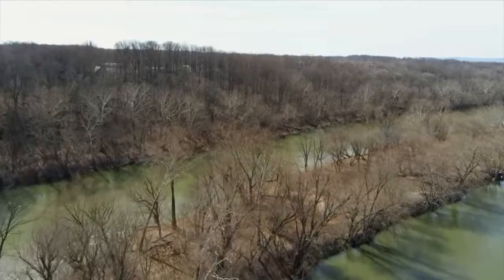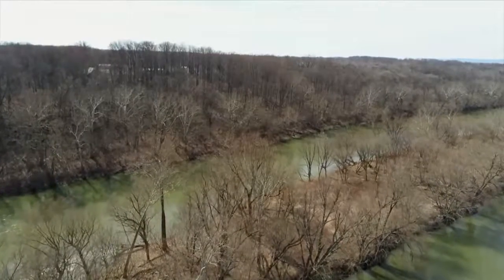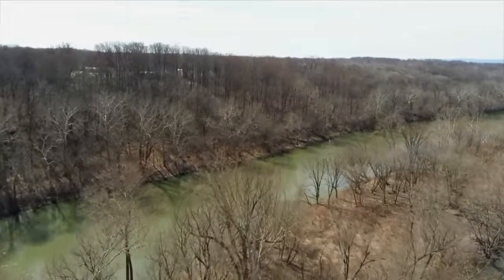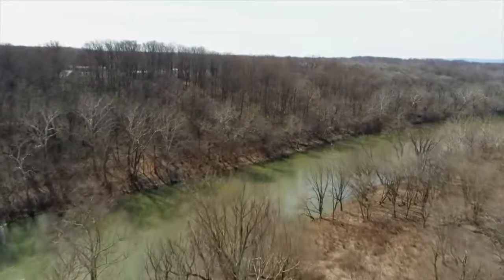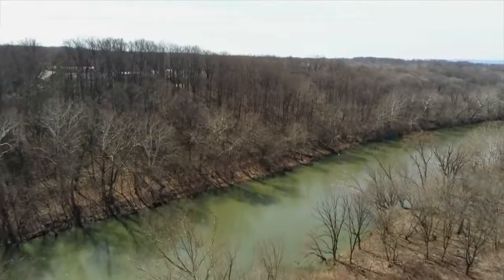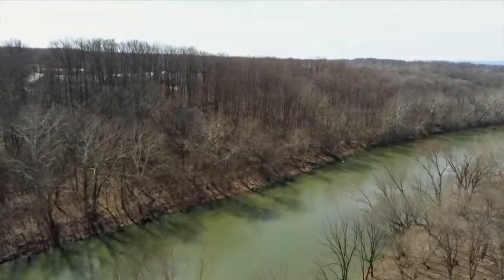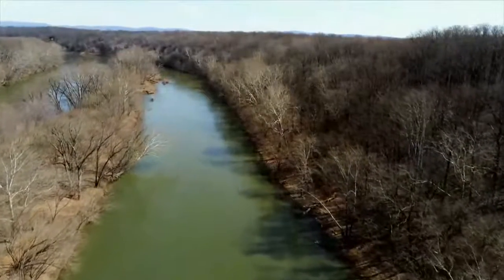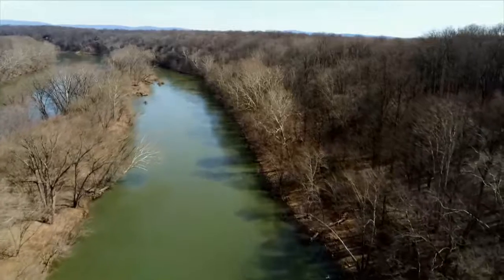This is a brand new video, and you can see how the island divides the river here. And this is one of the favorite fishing areas for the bald eagle pair. And they're here pretty much, when the young ones hatch, they're going to be back and forth many times during the day. It's not unusual when we're out on the river on a canoe or kayak trip to see a